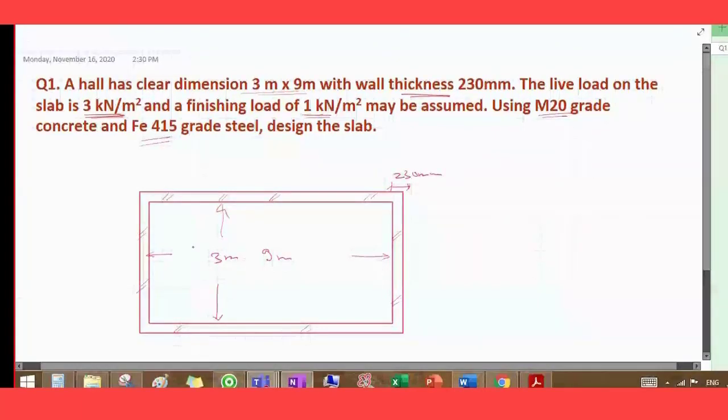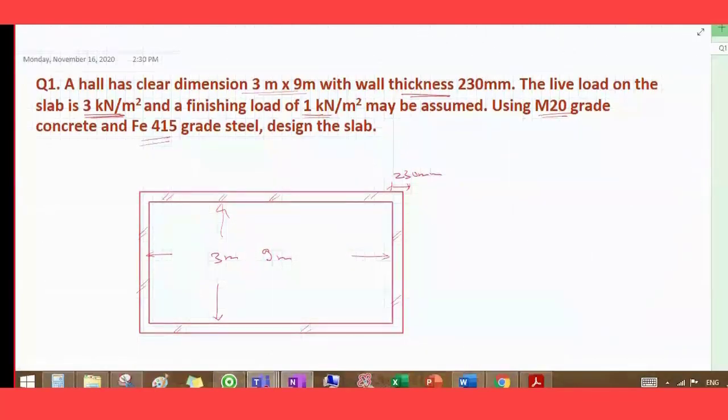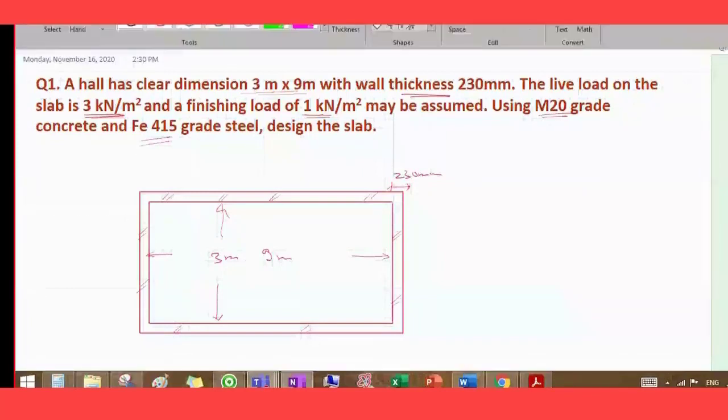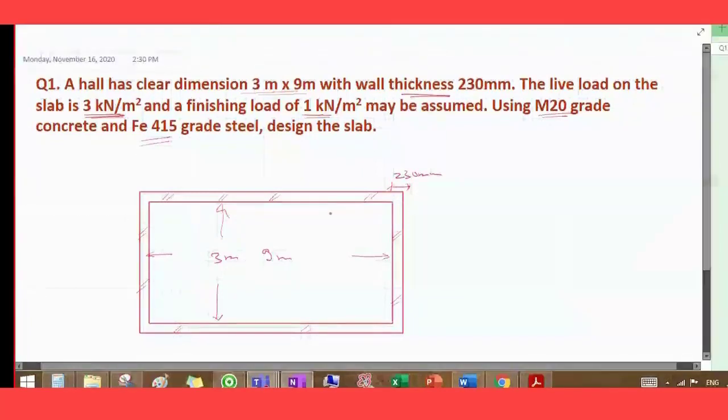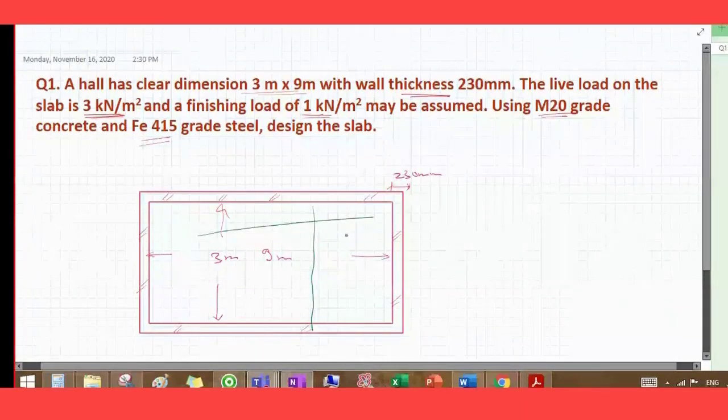When I say design the slab, what you have to give me is the thickness of the slab, and second, the main reinforcement diameter and at what spacing, and also the secondary reinforcement at what spacing, because normally in this slab you are going to provide the main reinforcement and the secondary reinforcement which you are going to place in both directions. So I would like to know at what spacing these reinforcements have to be placed. So the first step is to compute the effective span in both directions.